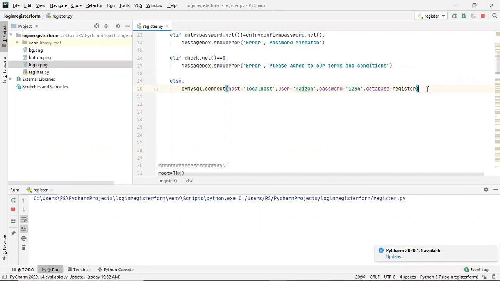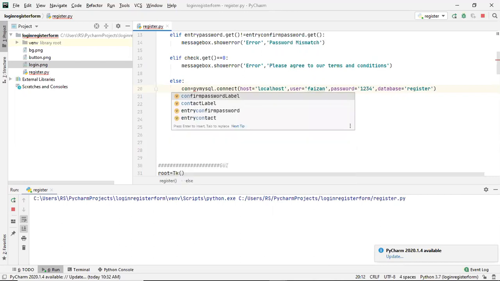This is the database name, and make sure you keep it in the form of a string. So I'm firstly connecting with the database that is register. You can connect with any database, it's up to you, but make sure you have those columns there which I have just created. Now this will return the object and we will store it in a variable, con. So this con is a variable name.